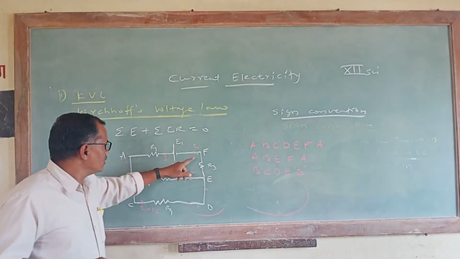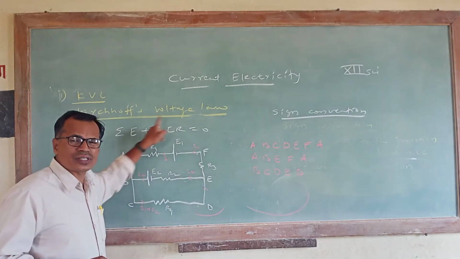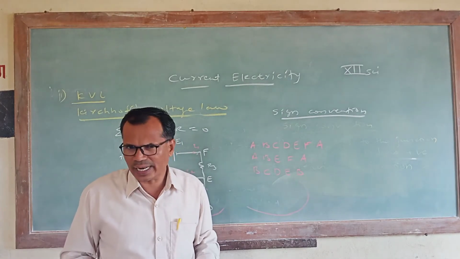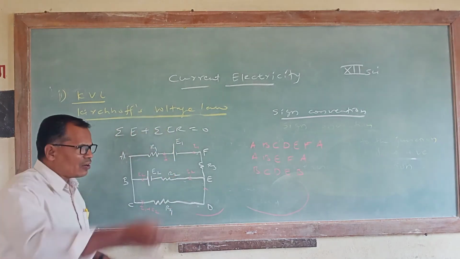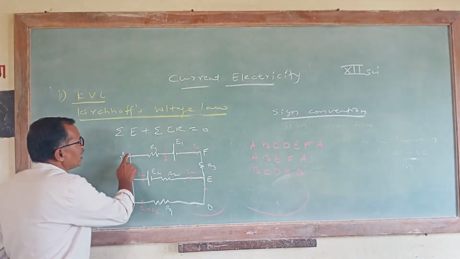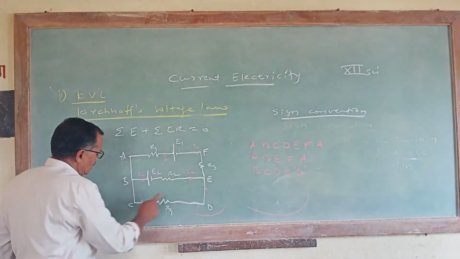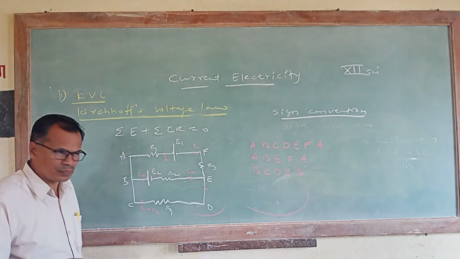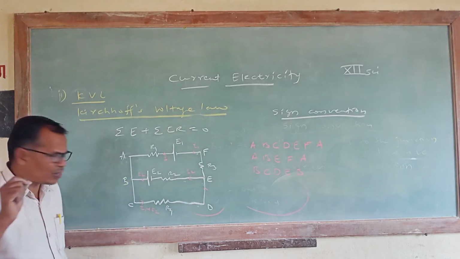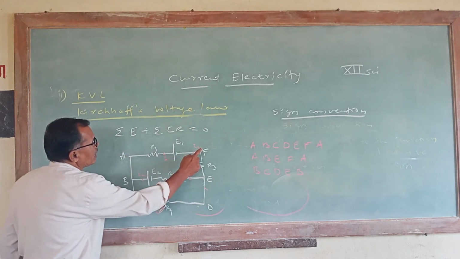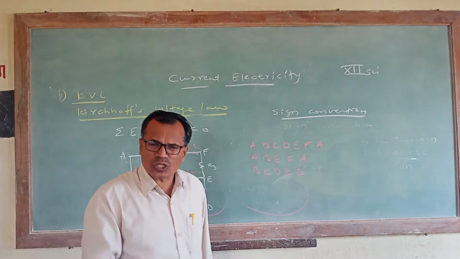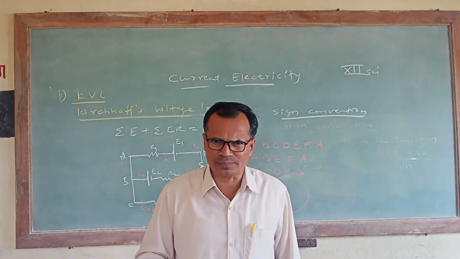In this figure, I have traced the loops as anticlockwise. We can trace the loop clockwise or anticlockwise. What are the clockwise loops? That is A, F, E, D, C, B, A. Again B, E, D, C, B is a clockwise loop. Again A, F, E, B, A is a clockwise loop. You can trace the loop clockwise or anticlockwise. It depends upon you.